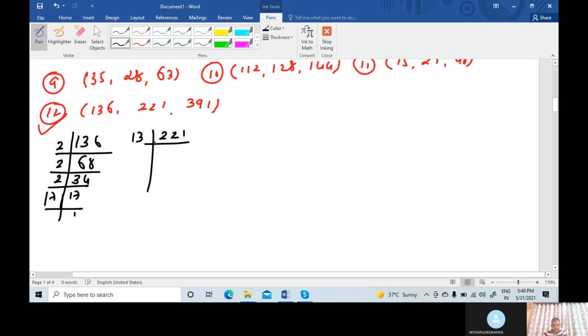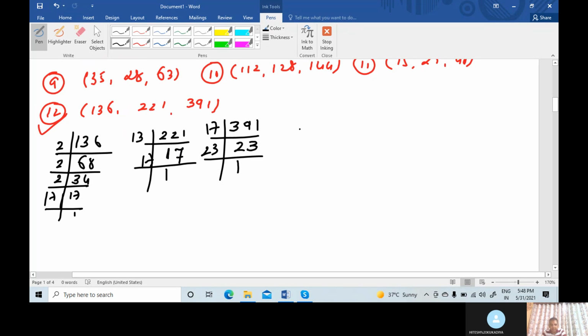First, 13. Speak your table of 13. 13 ones are 13, 9 remainder, 91. 13 sevens are 91. Now divide by 17, 17 ones are 17. Okay, now 391. Try first dividing by 13, which is not possible. Try 17 directly: 17 twos are 34, 5 remainder, 51. 17 threes are 51. Very good. So 23 ones are 23.